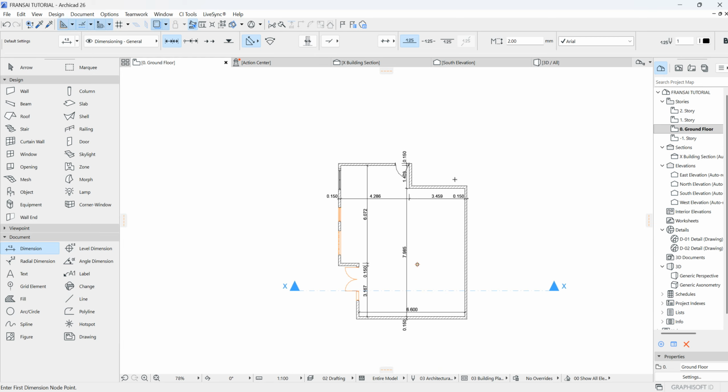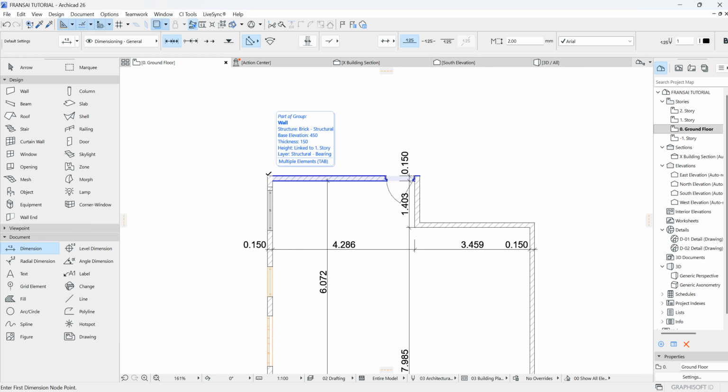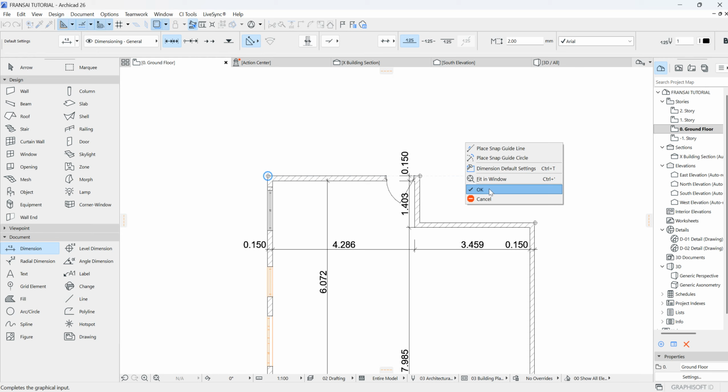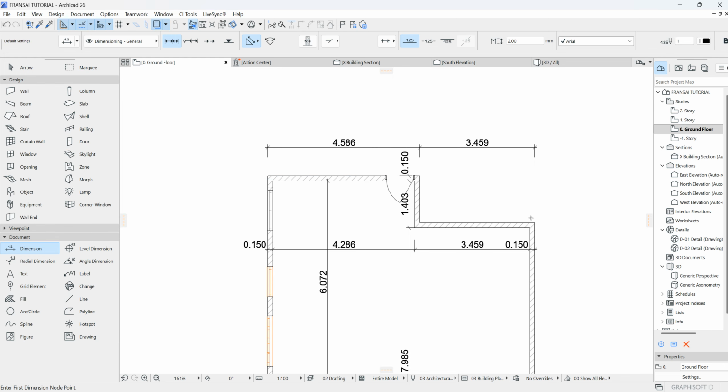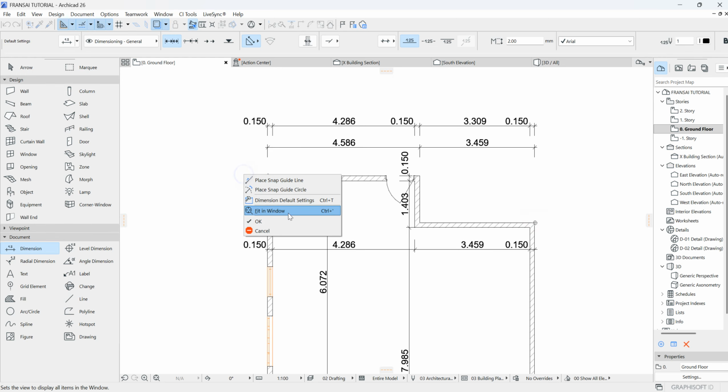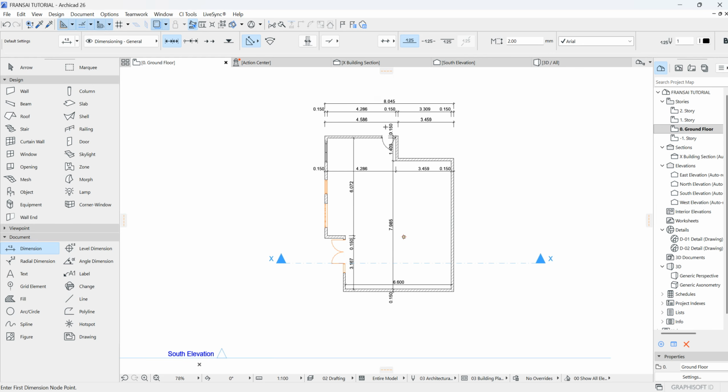So if I want to take the exterior, I can simply click on this, click on this, then click on this. At the end of the day, I right click on my mouse, then take it to the position I want. I want it to be at this position, and then I click OK. So I can simply click on every wall, then right click, then take it out. And at the end of the day, I take the overall, right click, then OK. So this is how we use the